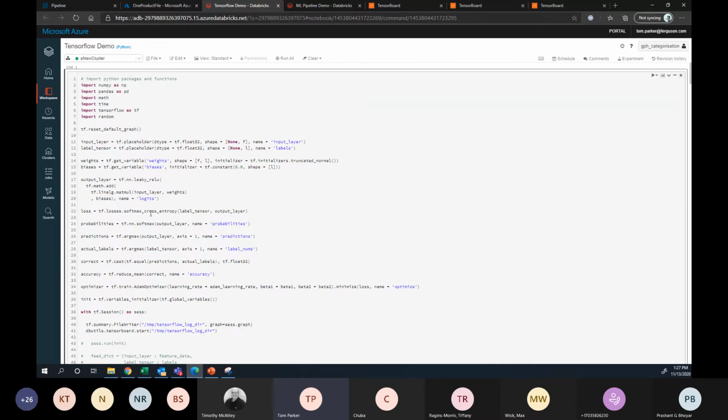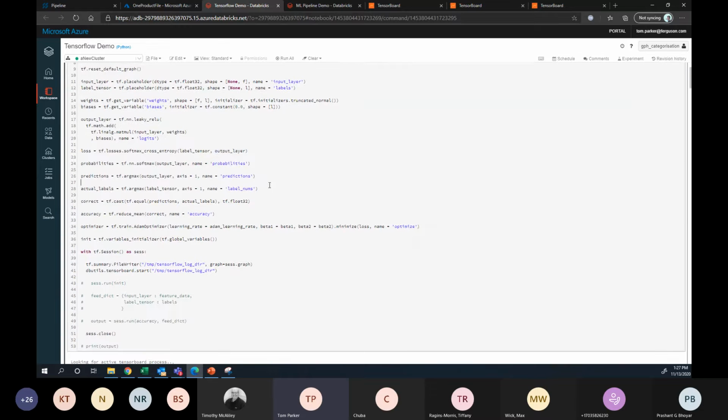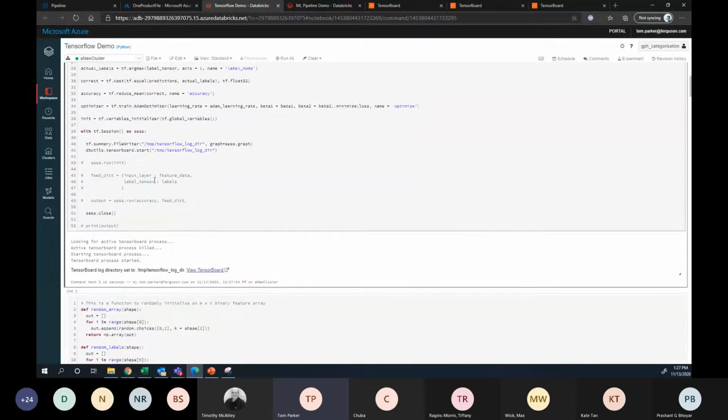So this is taking a softmax cross entropy between our label tensor and our output layer. And then we can do some other functions useful for defining parameters which we can use to assess the performance of the neural net training process. So for example, we can calculate some probabilities and some predictions which generate the actual numbers which correspond to the index of the target variable, and put on the actual labels and generate the accuracy and stuff like that, and